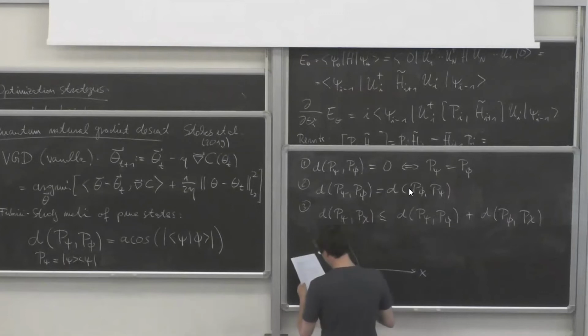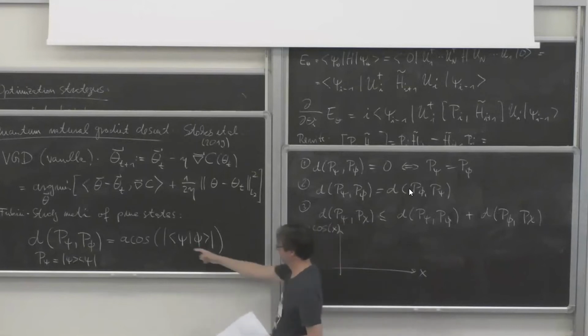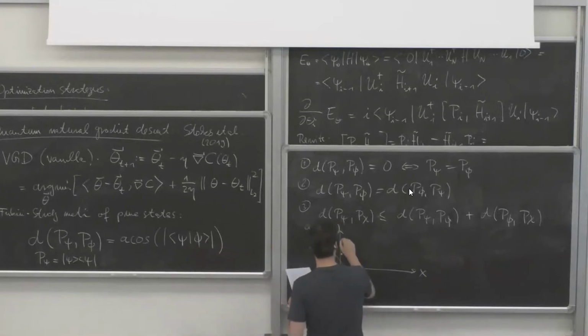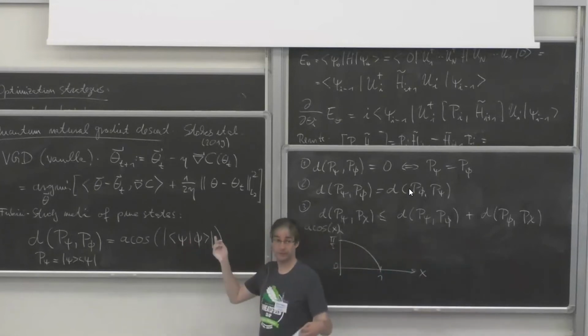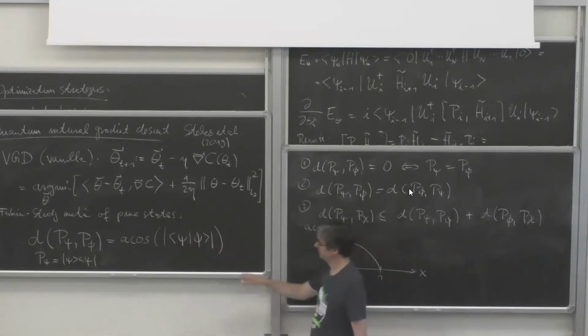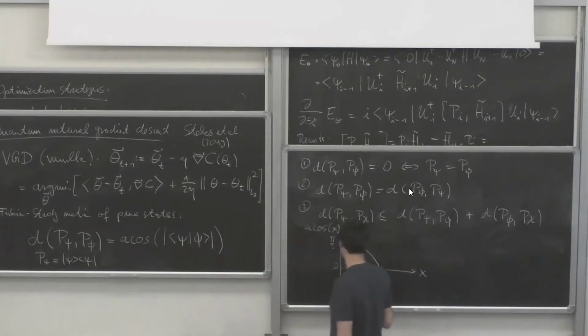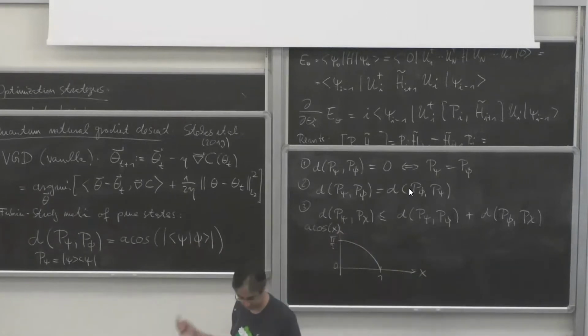If I'm just plotting this arccosine function as a function of x, the overlap, this will be between 0 and 1, right? Because it's the absolute value. Okay, this doesn't look exactly like that, but roughly speaking, this is pi over 2, and this is 1. This is 0. This is 1. So you see, if the overlap is 0, then they're maximally separated, which gives me a distance of pi over 2. And if they are the same, so the overlap is 1, then the distance is 0, as it's supposed to be. Okay, so this distance of pure states will be between 0 and pi over 2.